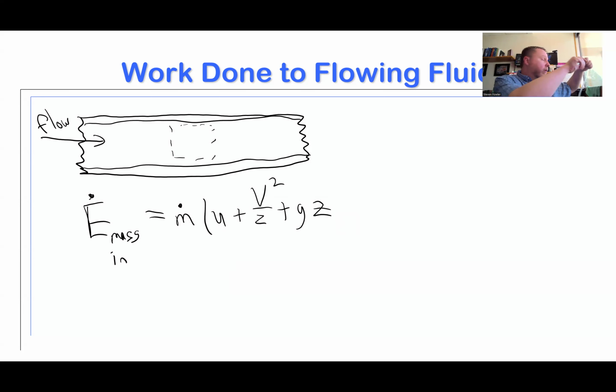It's just sitting here. If the water is just sitting here in the tube right now, all it has is internal energy, kinetic energy, and potential energy. That's all it has. It's not actually flowing. Something has to make it flow. What makes it flow? Well, I can either use gravity to generate pressure, or I can blow on it and push it out with pressure.